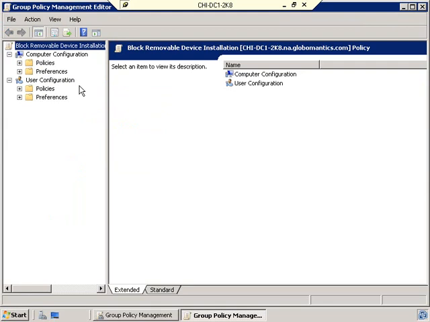Now you'll notice that this is broken down into two main areas, computer configuration and user configuration. Now, one other thing that's brand new to Windows Server 2008 is that we have each configuration side also further broken down into policies and preferences. See, we used to only have the policies. Preferences is something that's brand new to Windows Server 2008, and really the best way to describe it is